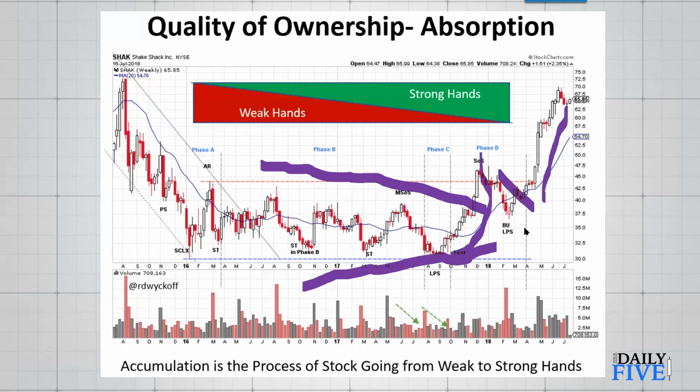But something else happens, and that is that there are still short sellers operating in the stock throughout the course of the accumulation. And then when the stock jumps out of the accumulation area, the short sellers become concerned, maybe panicky, and start to close out or cover their short positions. And this becomes an important source of demand that helps to drive stocks up in a dynamic way. So we always consider that short selling is part of the reversal process into a new uptrend at the end of accumulation. Now, there are degrees of short selling.